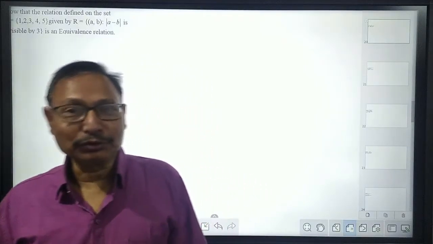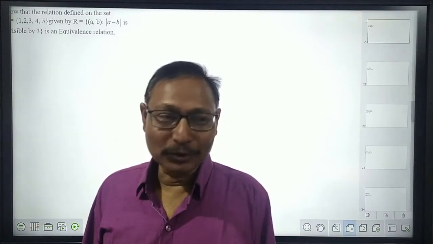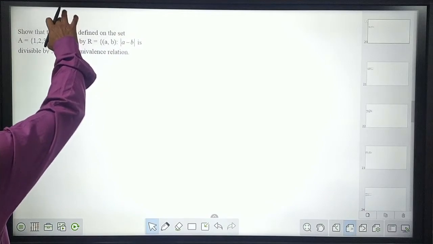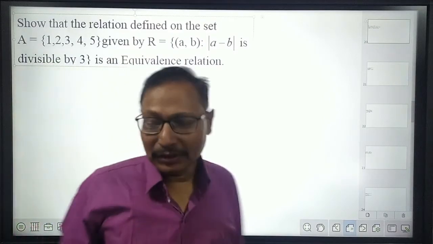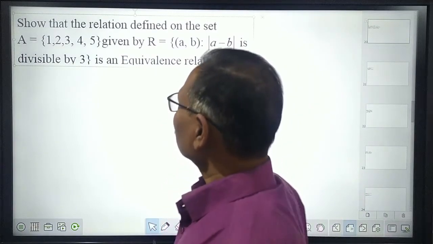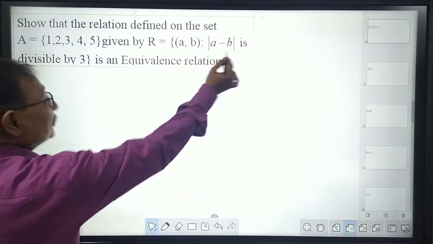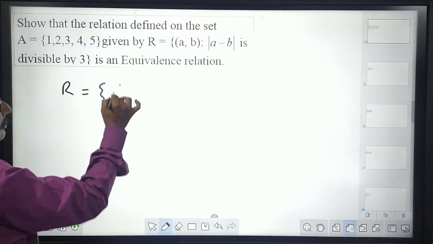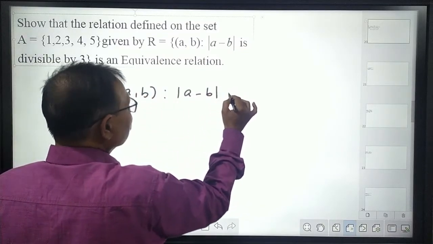Today I am going to discuss some questions related to relation, and in the beginning I took this one. This is a very important question, and many times it has been asked in the 12th board. In this question it is said a relation R is defined in this way over a set A such that modulus of A minus B is